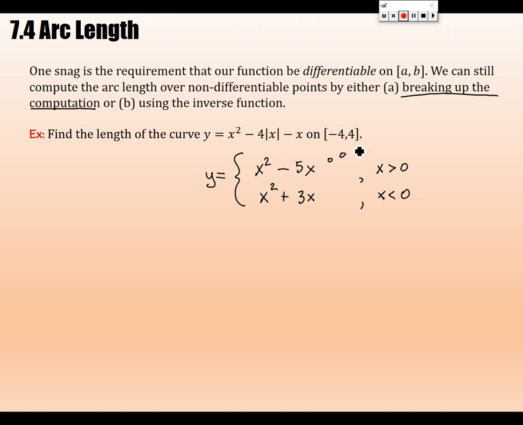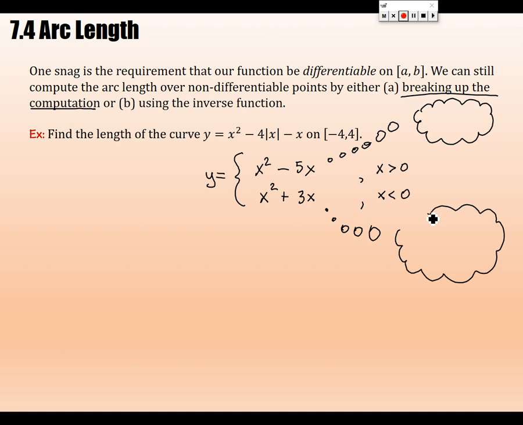So here, for this first one, I get the first part, the second part, with the absolute value. We'll leave this empty thought up here. All right. This is x squared minus 4 times negative x, minus x. So the absolute value of x, when x is,